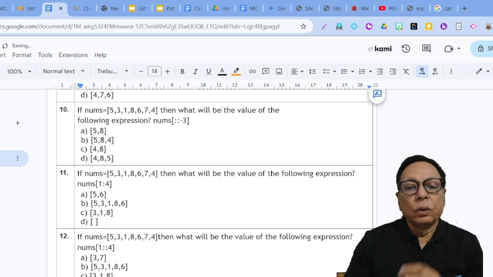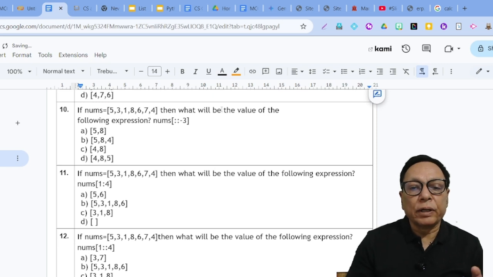If you look at this question, nums colon 3, and since the step is -3, you are moving right to left, so you will have to start backward, meaning -1 will be evaluated first, then and so on. So it should be